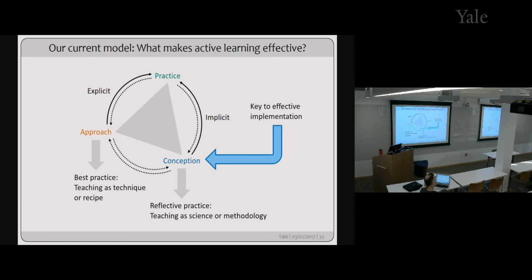Well, I think faculty are people who are highly accomplished and want to do well in whatever they do, right? So even if you have a transmission conception of teaching, you still want to teach better and transmit better. And so you're still going to look for ways to improve your craft, right? And so in that case, what we saw was reinterpretation or retrofitting of these active learning ideas into that conception, right? And so his idea is, well, now I give them the activity and it's a better transmission because the literature tells me, right, that it's more effective than me talking to them, right?